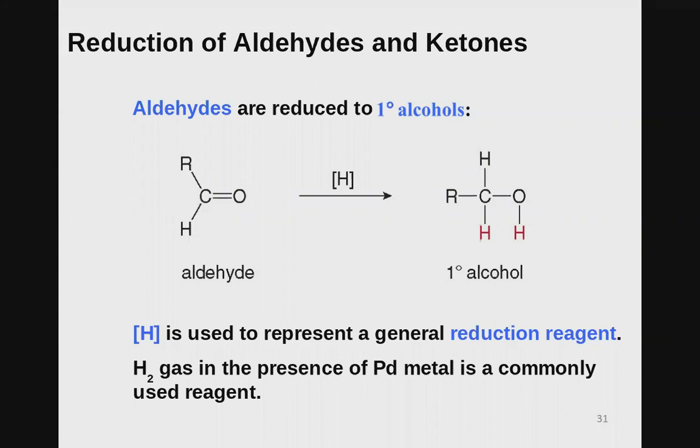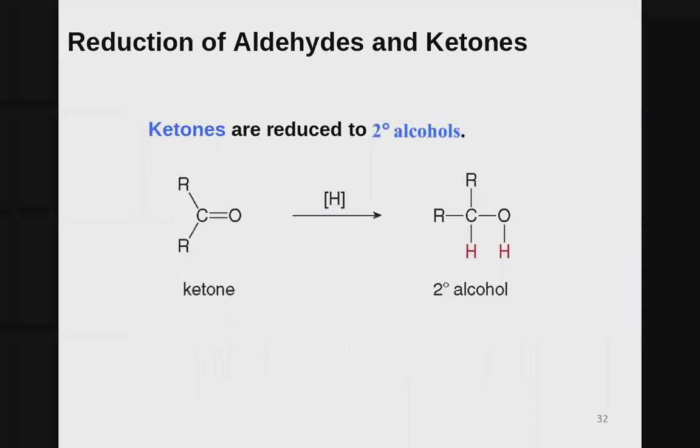Now, you might be asking yourself, and probably not, but I'm asking for you, what do we use to reduce any given compound? Typically speaking, we use hydrogen gas and palladium metal, Pd, as the commonly used reagent for the reduction of ketones and aldehydes. Now, ketones, as you might expect because of their formula, RC double bond OR, are reduced to 2